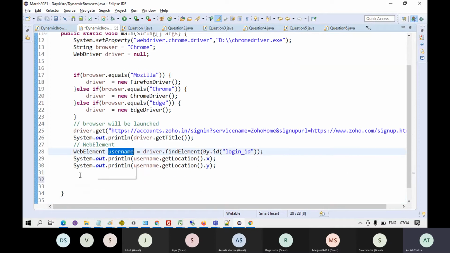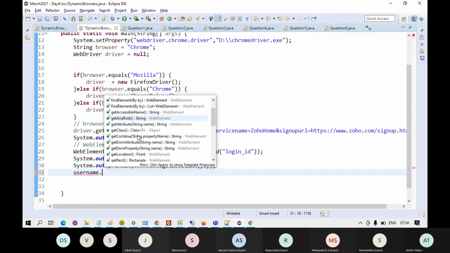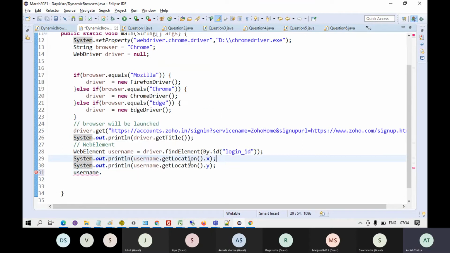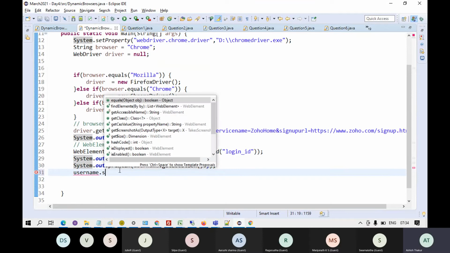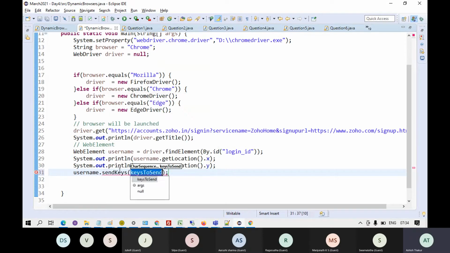If I write username dot, there are commands like click. Had it been a link, I could have clicked on it as well using the click command. There are many attributes, or functions. Like if you have to type something, the function is send keys. I can type hello.